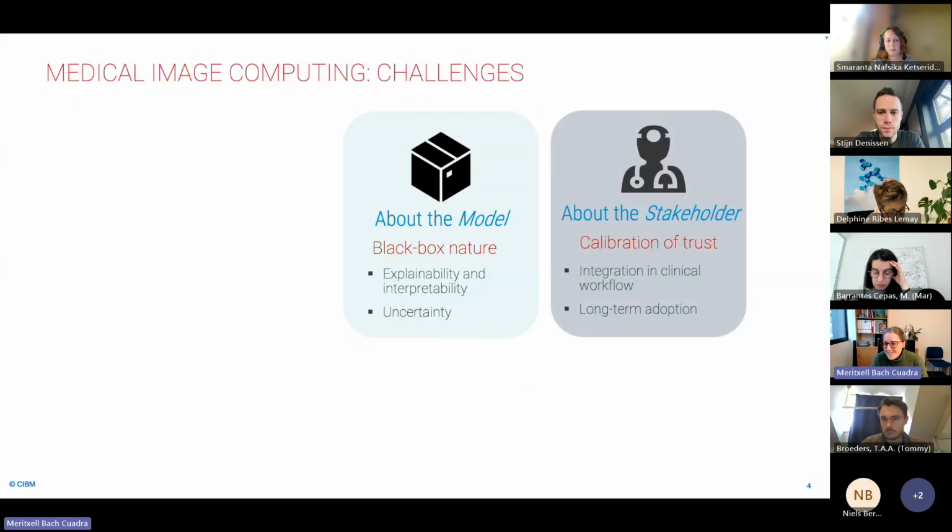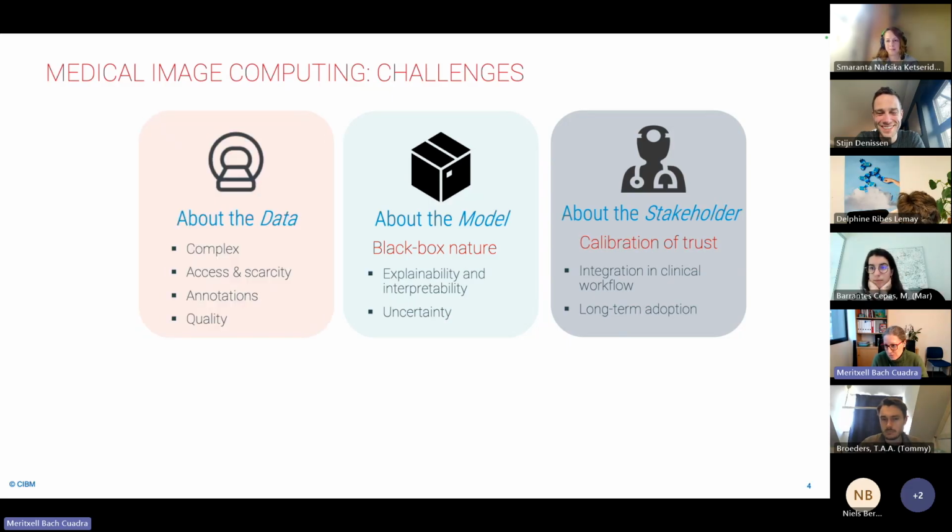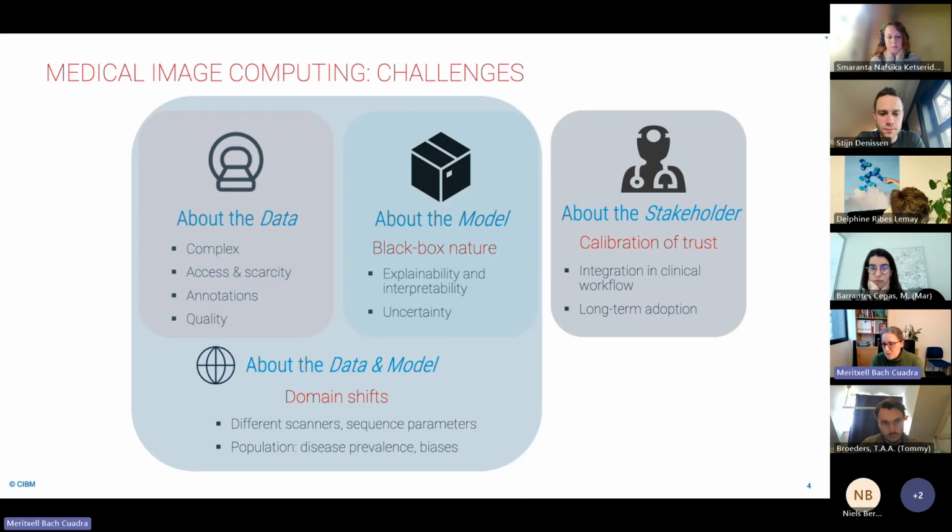And in the context, of course, of AI, and I will call it AI because everyone calls it AI, what is important is the data. In medical imaging especially, data is complex, access is limited, sometimes annotations are precious and often needed, and it's important to have a criteria of quality. And it is not only about the data, it is about the data and the model and how they interact,